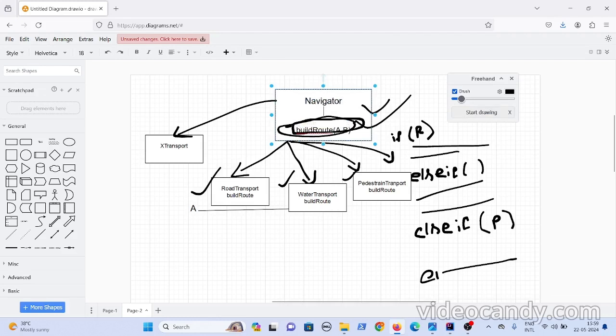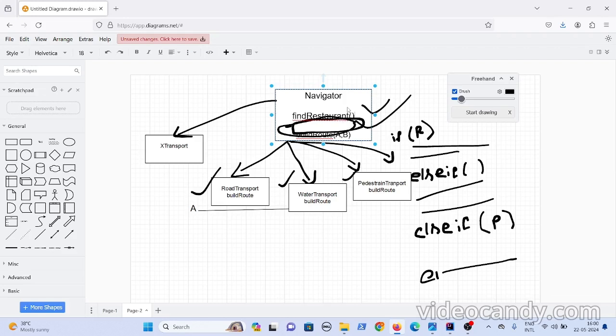Maybe you think, I'll add one more method called find restaurant, and based on the place he specifies, you find the restaurants nearby and provide them to him. You can simply put the logic in the navigator class itself. All these classes will use this logic. Even if a person goes by road transport dot find restaurant, if he invokes this method, easily he can get the restaurants. This is what you think.